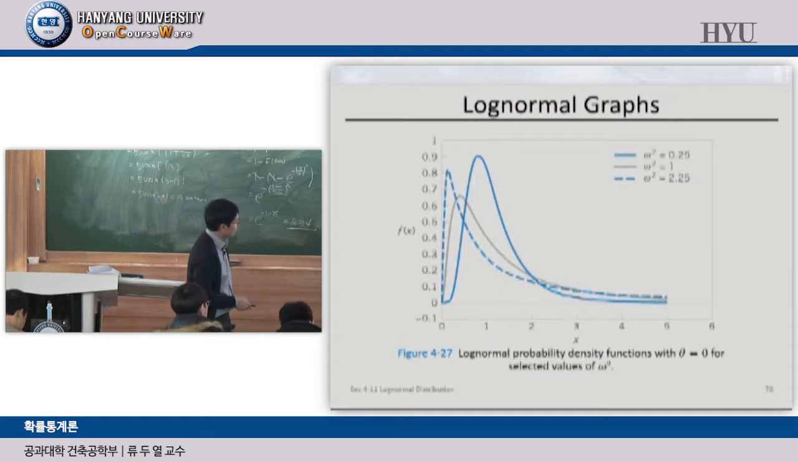And these are the graphs. The log normal probability density function with theta equal to 0 for selected values of w square. And as you can see, when we increase the value of w square, the log normal probability density function is moved to the left side, right? So the x indicates the random variable here, and fx indicates the probability density function, and the log normal probability density function is influenced by w square. Okay,